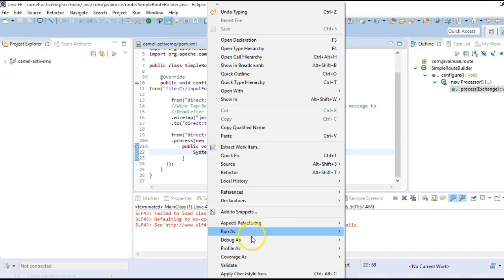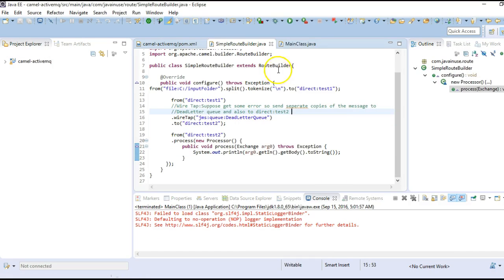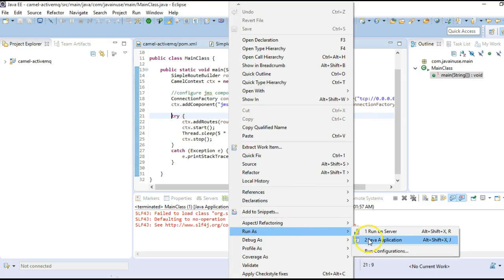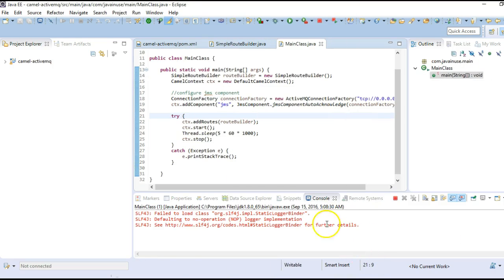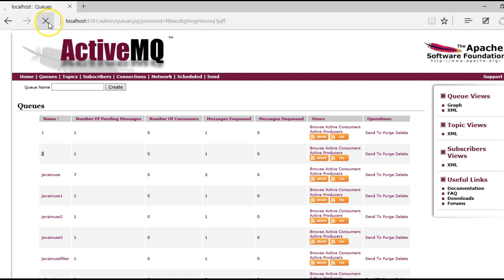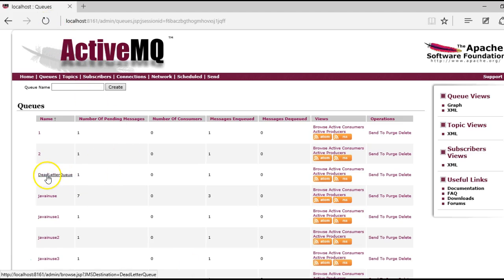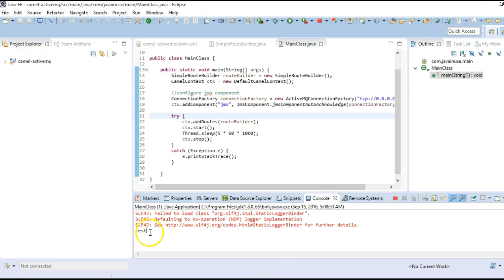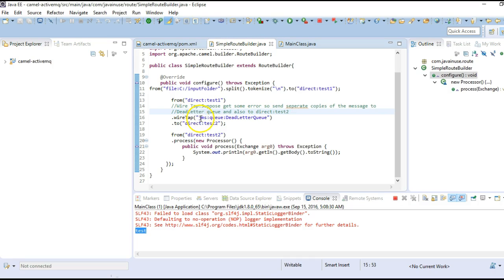We'll run this. Dead letter queue, the message has been sent to this. As well, we'll see that a test has been printed here. So the same message got routed to the queue as well as to this route.